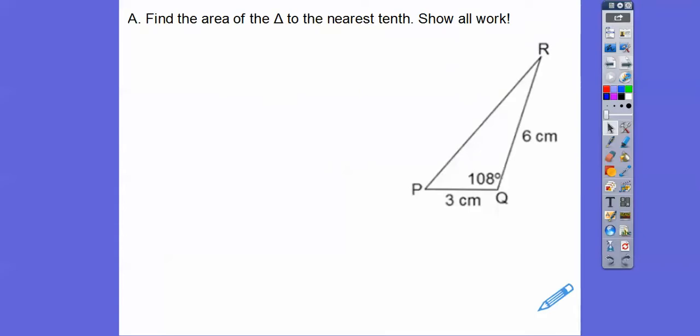So here it says find the area of this triangle to the nearest tenth. I'm getting my kids to read the directions. The nearest tenth is one decimal. Remember, it goes decimal, tenths, hundredths, thousandths, ten-thousandths, hundred-thousandths. Okay, anyway, if they give you two sides and the included angle, then the formula is 1/2